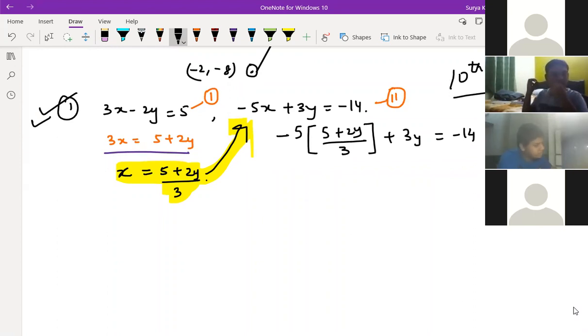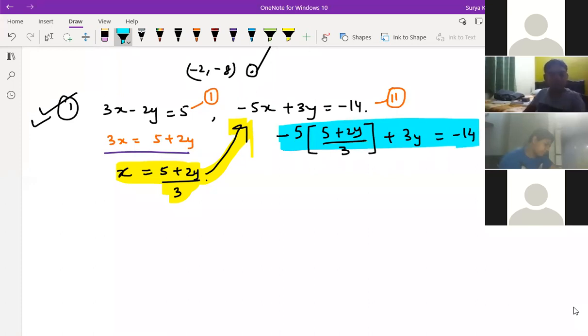Because in 9th, there is nothing in this chapter that I should teach. If you teach only 1 or 2 hours, everything is over. So try to go a little deeper, okay? Till 10th class, you will not have any doubt if you do this. If you know this type of question, you will not have doubt in the pair of linear equations in two variables. So is this line clear to everyone, or are you having doubt? No doubt, sir. Clear.